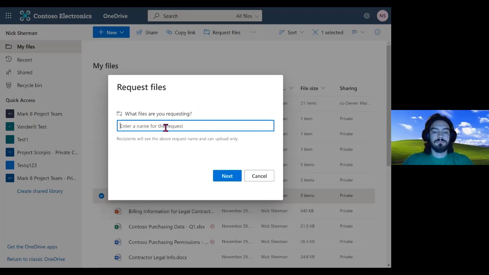So then what you can do is request a certain kind of file and describe what that file is supposed to be. For those folks who are familiar with older films, you could request some TPS reports from everybody and see if they could get those done, and then you can send it in. Yeah, exactly as Nick is saying, if you can get those TPS reports done, that'd be great. Yep. So then you hit next,